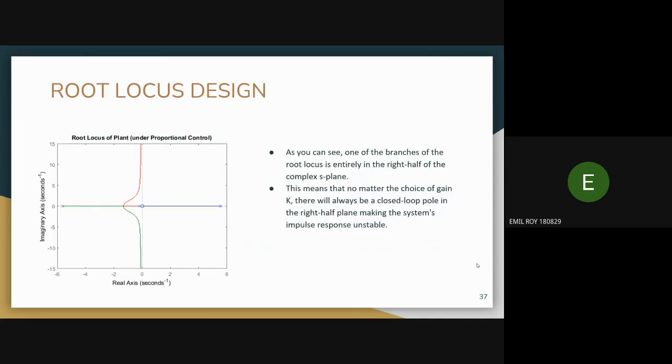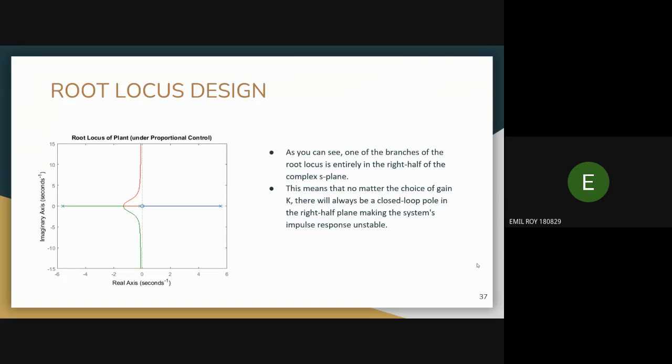Next slide. Okay, here when we give the transfer function to the root locus, we observe that one branch is in the right half of the S-plane. So from this we can directly analyze that the system is unstable, so we can't control it using this type of root locus. So what do we need? We need to move that right half branch completely to the left of the S-plane. That is one of the tasks that should be done before we control the response or control the pendulum.